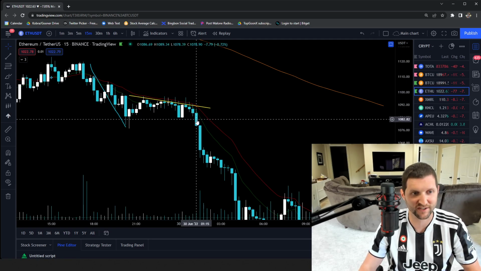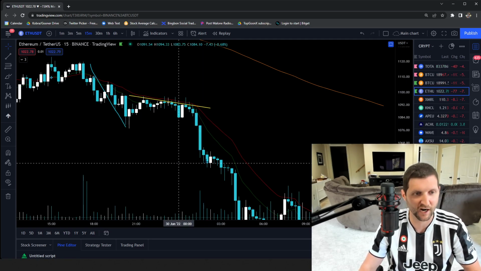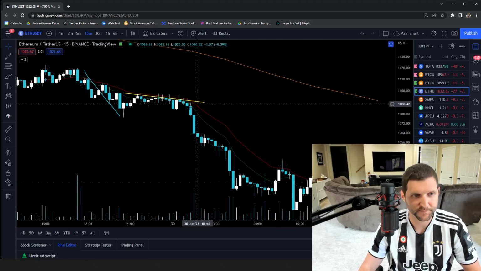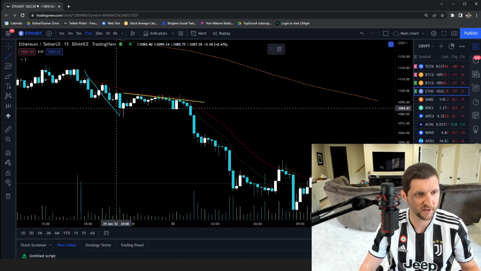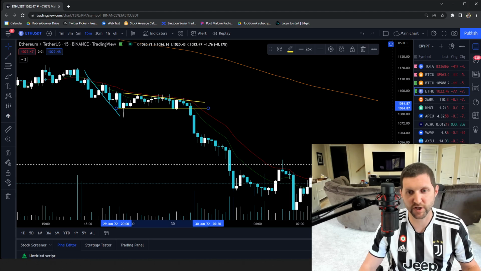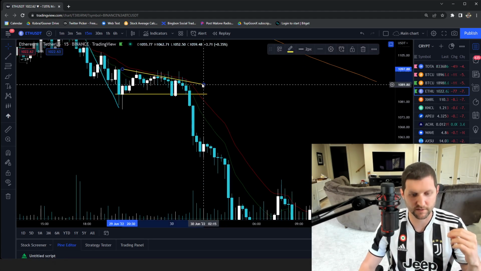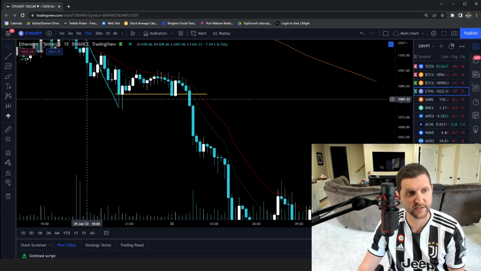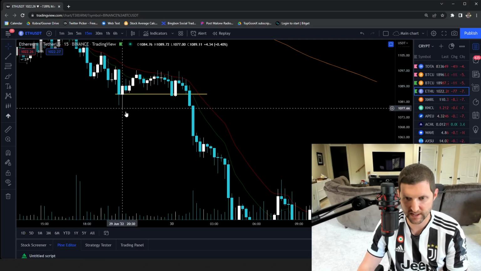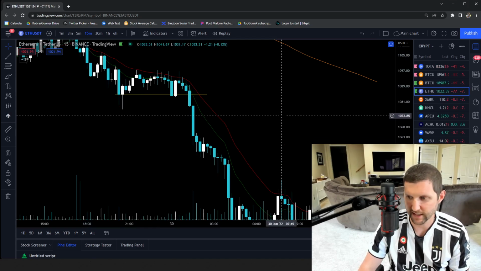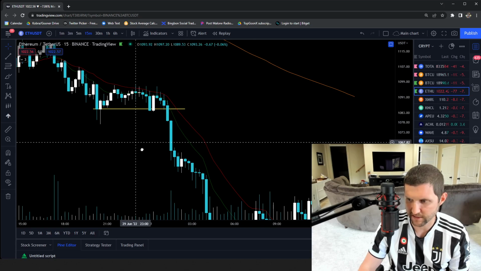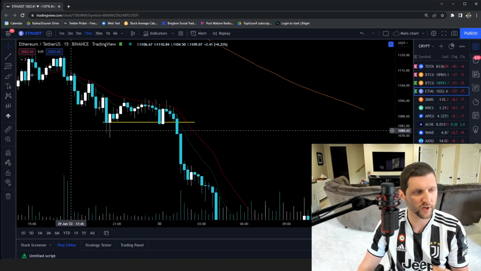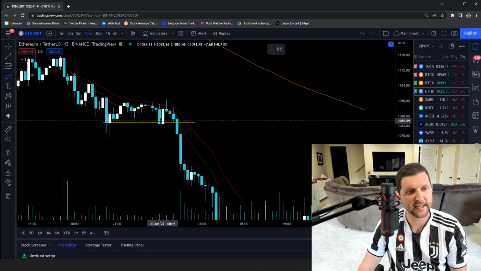And as soon as we start to lose this, you're just going to hop in. And you're going to say, all right, I'm hopping in here. We've lost this support now. I'm going to hop in. And what you're assuming here is that momentum is going to go downhill because it broke down. And what a lot of people do, and the mistake a lot of people make is, dang, this is a long video, you guys. Anyway, what a lot of people do and the mistake a lot of people make is